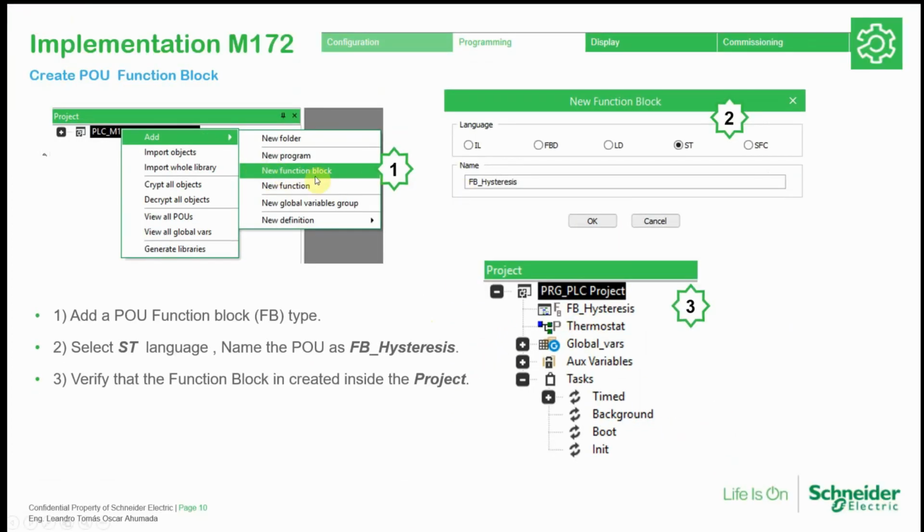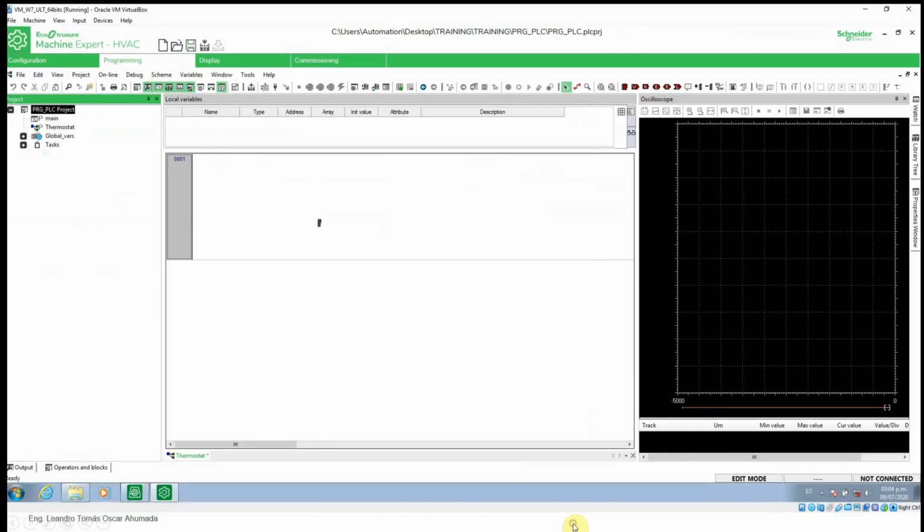Now we're going to create a new function block, which is different from the previous one that was the program. In this function block, we're going to create the logic that makes the changes of the states of the thermostat. So go back to the program,